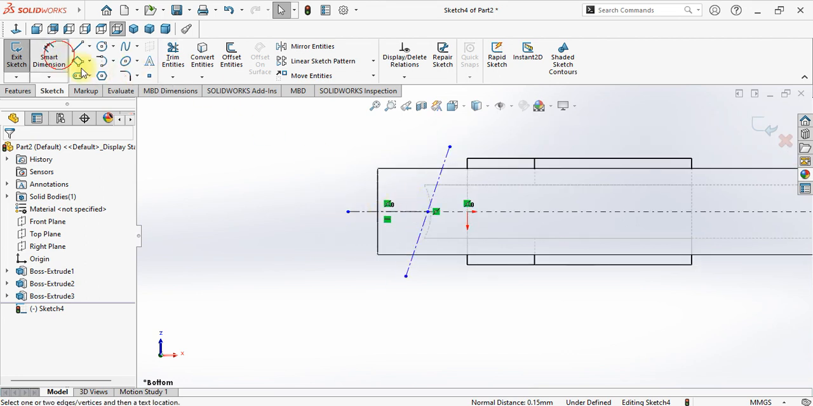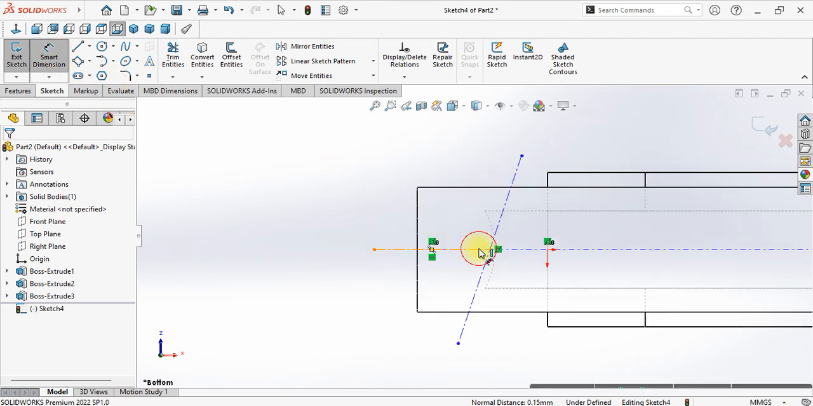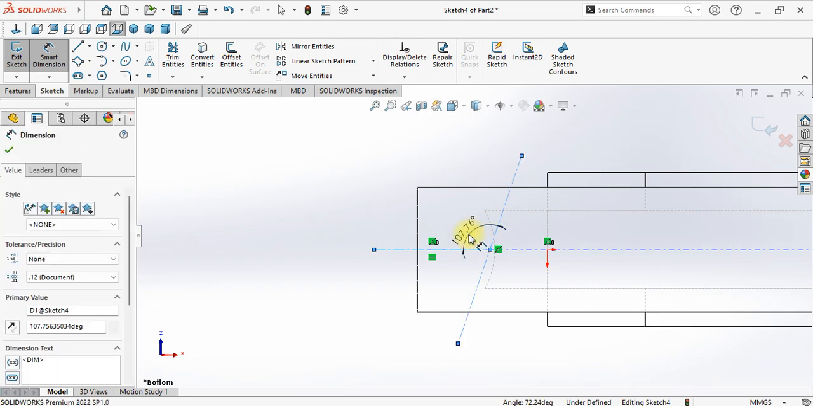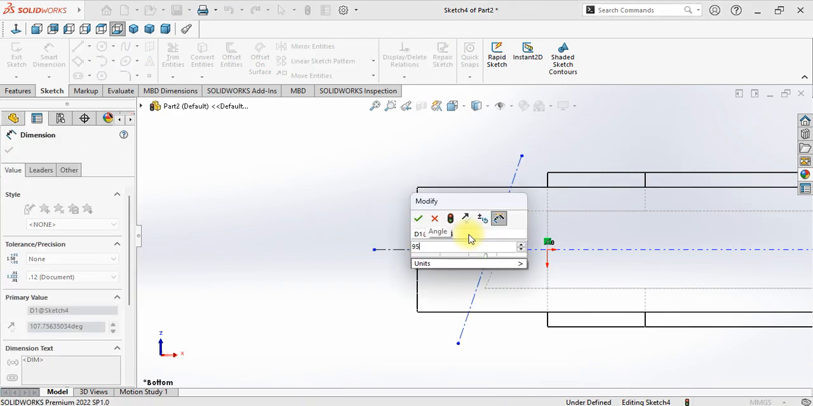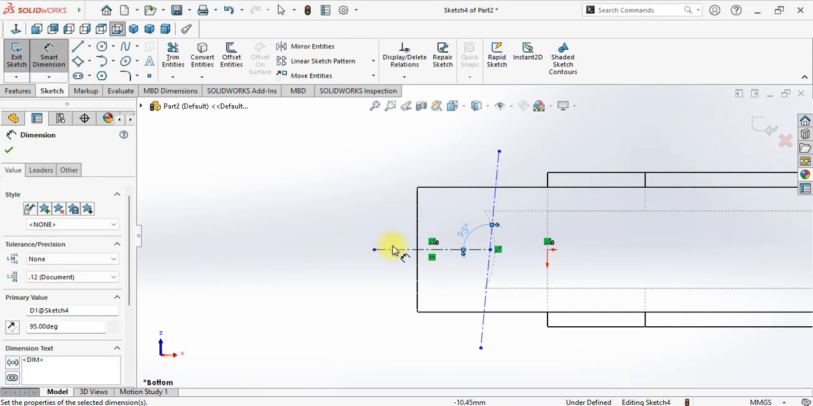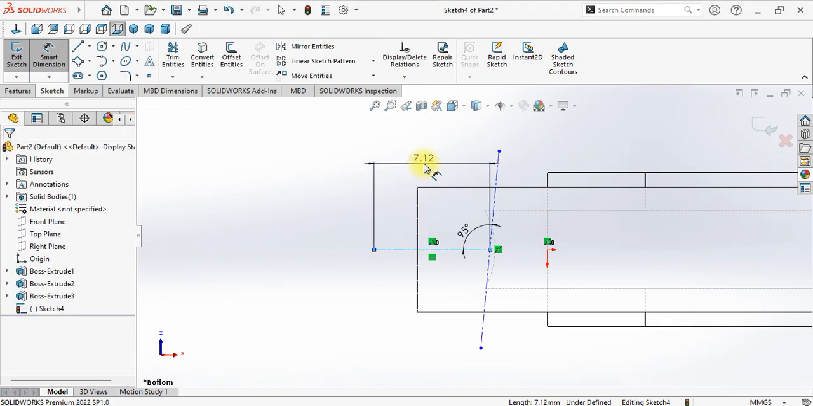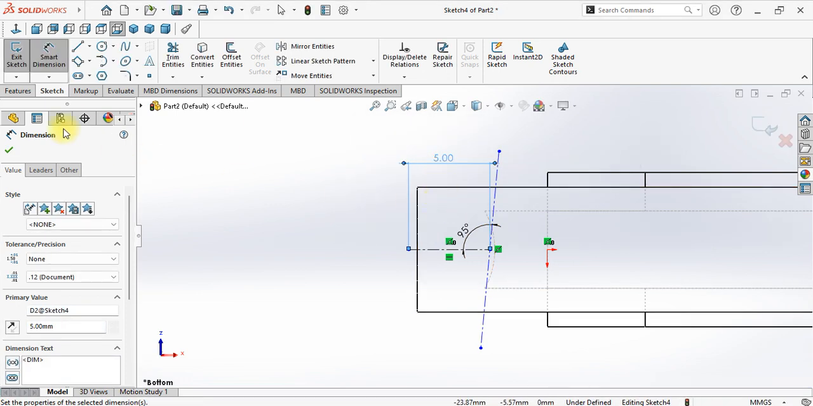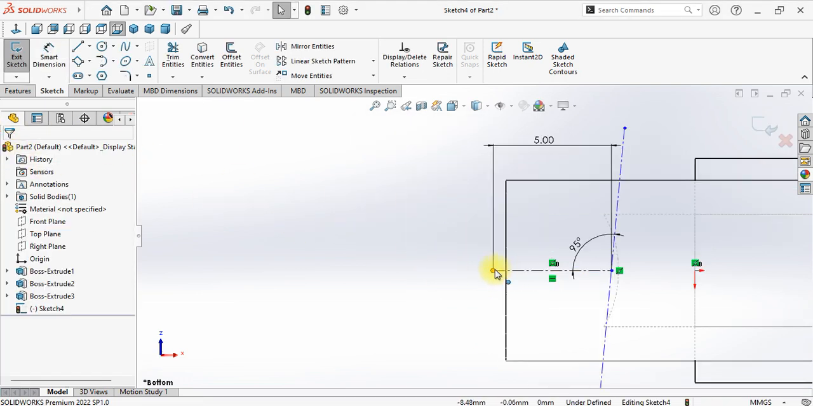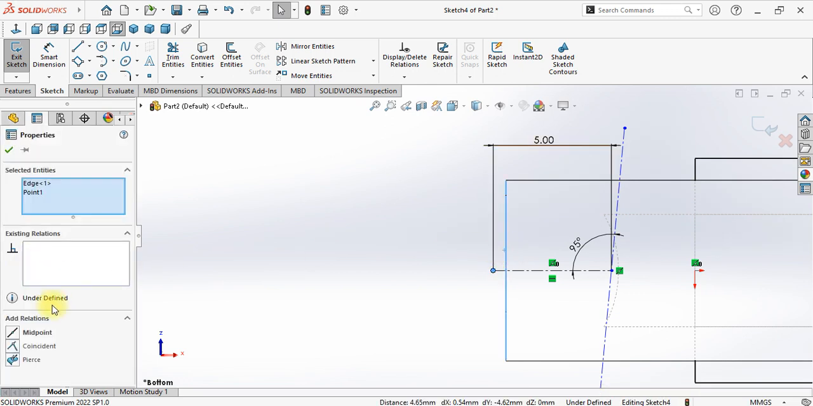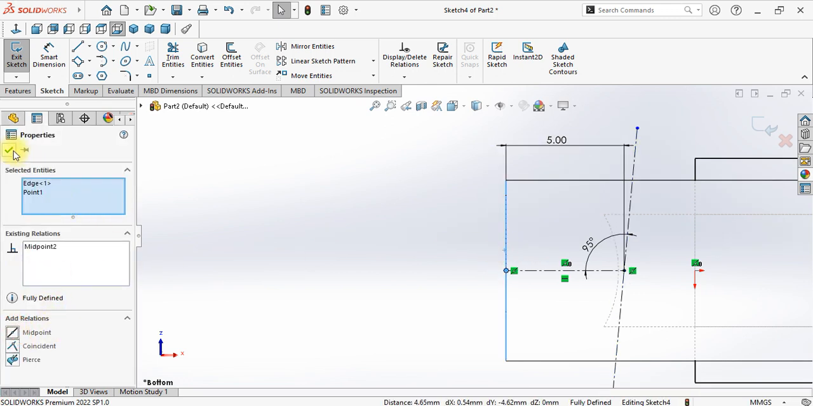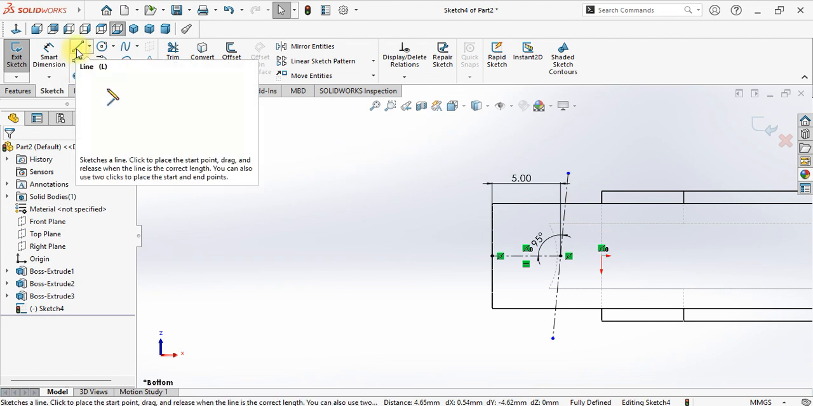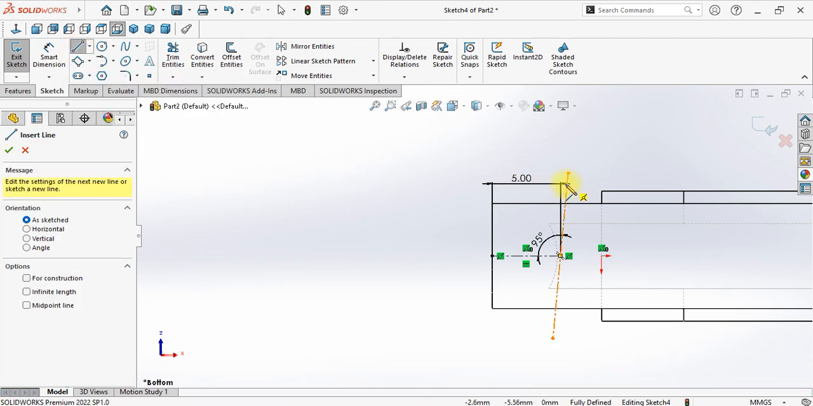Okay, after that you can define this line and this line, and the angle of this line is 95. Okay, and the distance of this point to this point is 5 millimeter. Okay, after that select this point and this line and make relations midpoint. Okay, after that select line and create line on here,